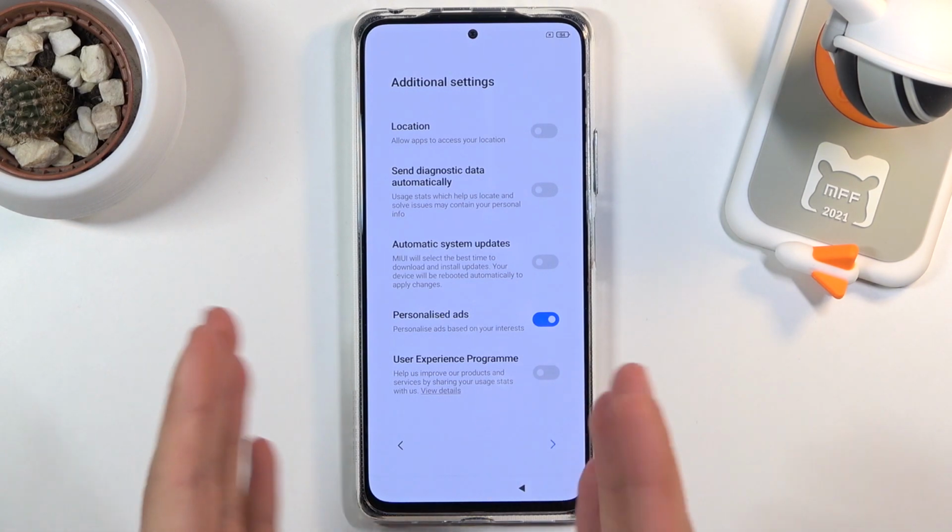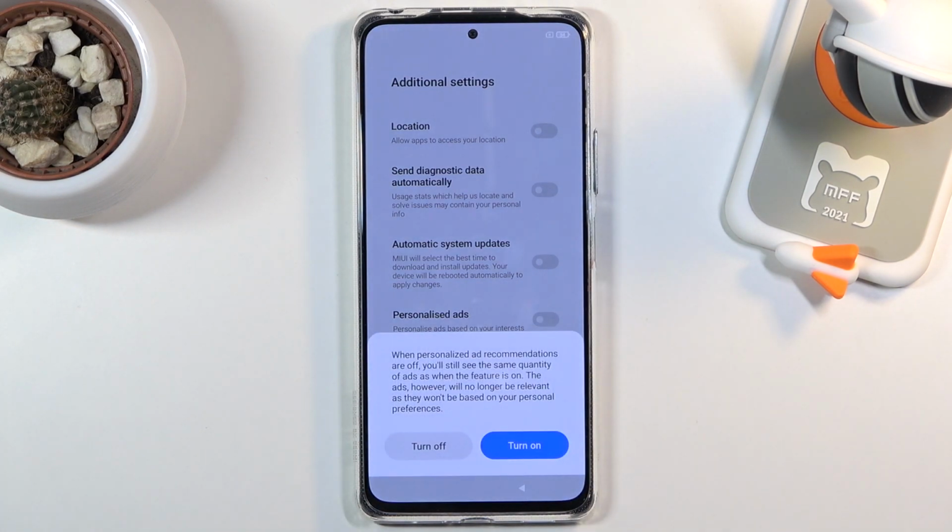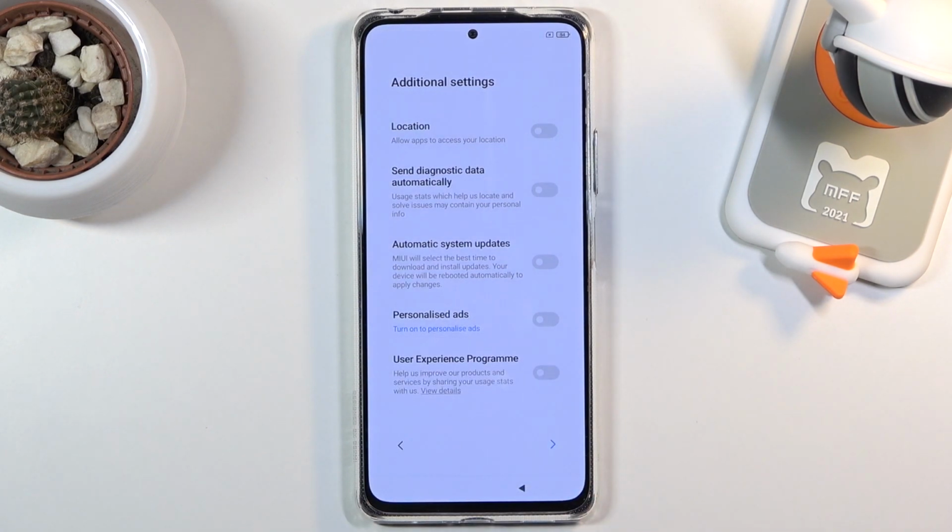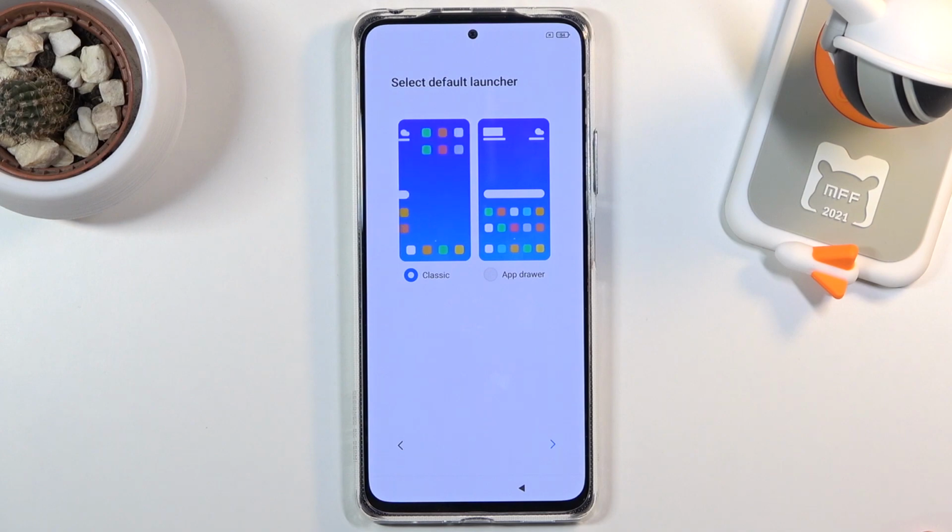But look at this. Are you sure you want to disable personalized ads, where we track what you're searching for and then give you ads based on your search? Yeah, I don't want that. That is intrusive and obnoxious. So I highly recommend disabling that. It's absolute trash. So yeah. And from there we can go to the next page, where we get to select our home screen,